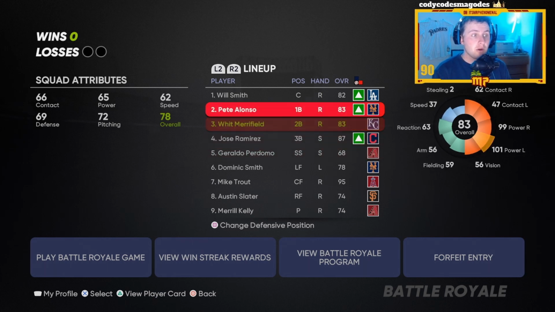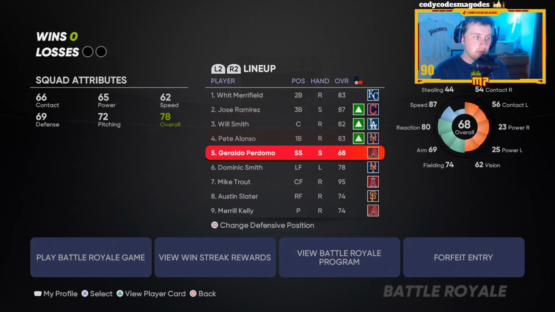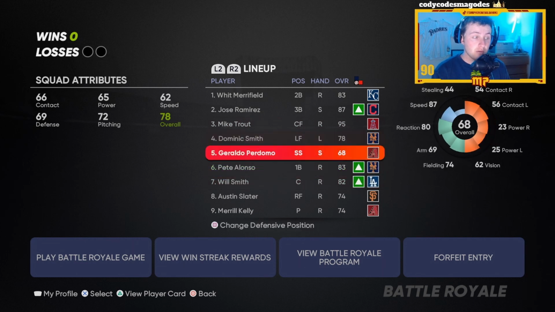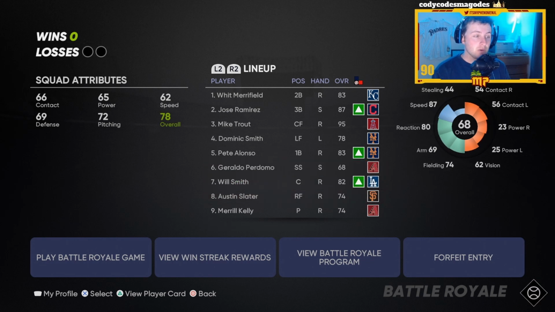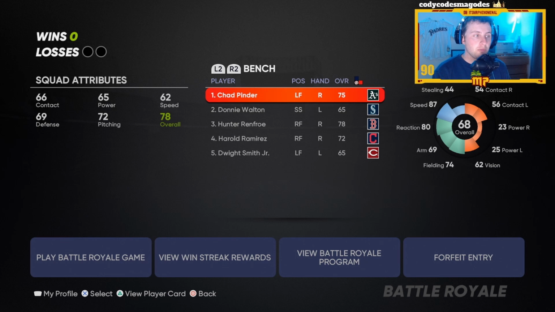We're going to put Whit Merrifield leading off because he's a pretty good traditional leadoff hitter. We're going to put Jose Ramirez 2. We're going to put Mike Trout 3. And we're actually going to put Dominic Smith 4. Okay. Will Smith's going to be 5. Pete Alonso's going to be 5. Excuse me. Will Smith. And then at the bottom of this order, we're going to change Gerardo Perdomo for Chad